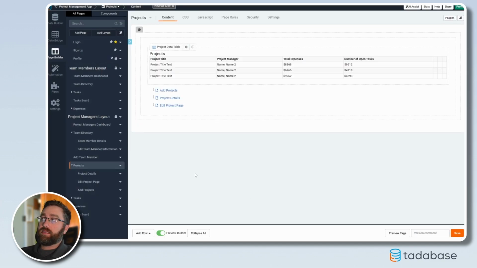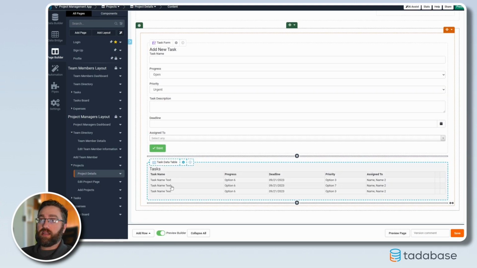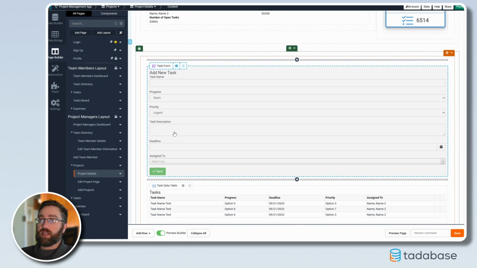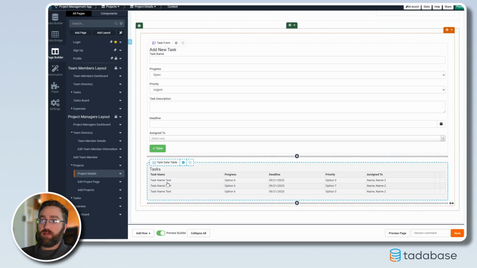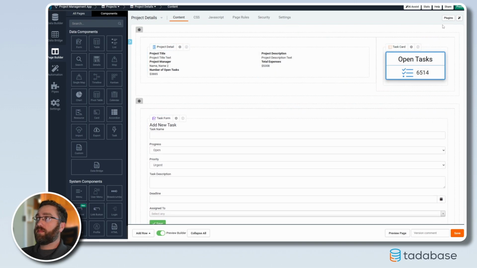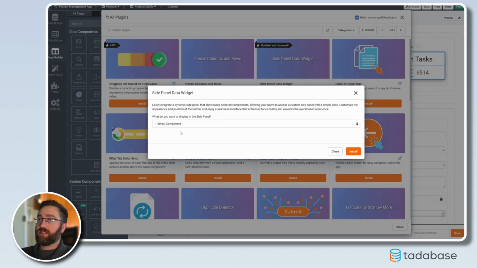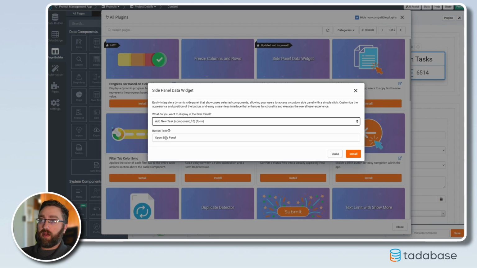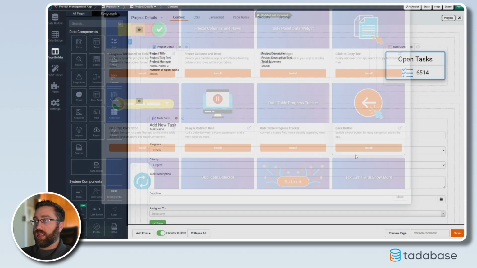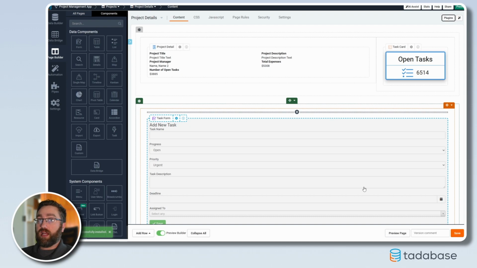Jumping back into Tadabase, we can see just how quickly and easily we can accomplish this goal using Tadabase plugins. I'm trying to add new tasks to a task data table using a form and displaying them using a table component. Scrolling back up to the top of the page, I'll click Plugins, choose the Side Panel Data widget, select the component that I want to open in the widget, and click Install. And just like that, I'm done. That's it. That's all we have to do. And if I preview this page,